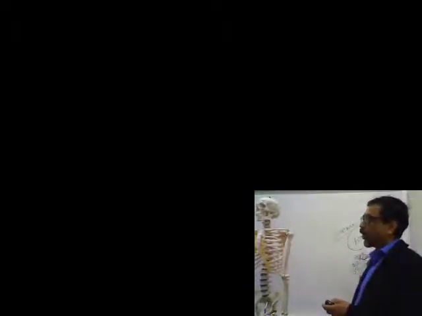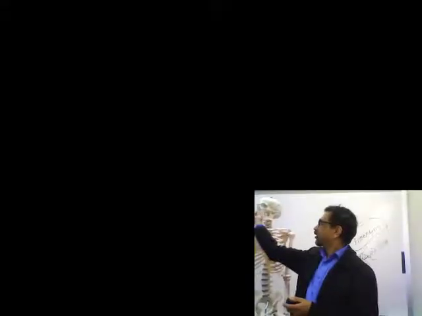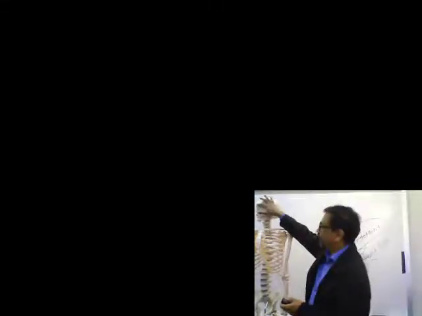Facial bones, I have already mentioned. What are the facial bones? Mandible is the lower jaw. Maxillary bones form the maxilla. Two maxillary bones together form the maxilla or upper jaw. Then two nasal bones, two lacrimal bones,